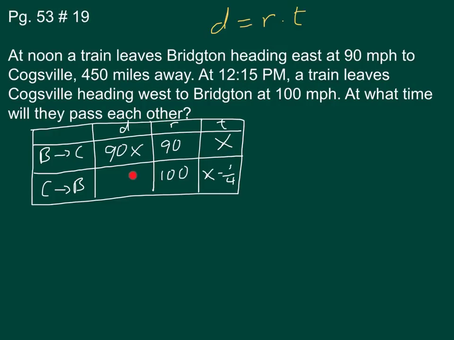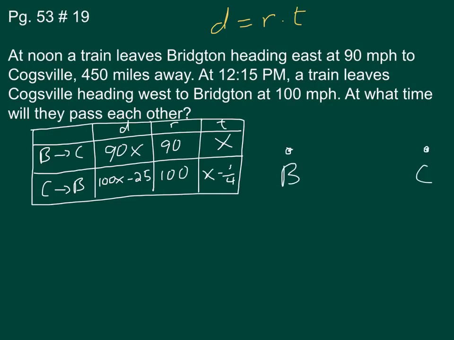Now I can fill in the distance by doing rate times time. I'm going to actually use the distributive property now. I'm going to do 100 times x is 100x, and 100 times negative 1/4 is minus 25. All right. And so if we kind of look at this from a diagram, here's the town of Bridgeton, here's